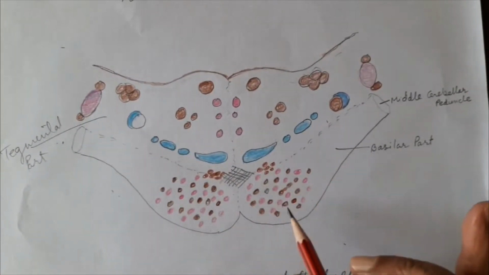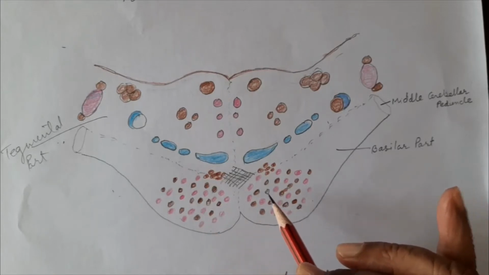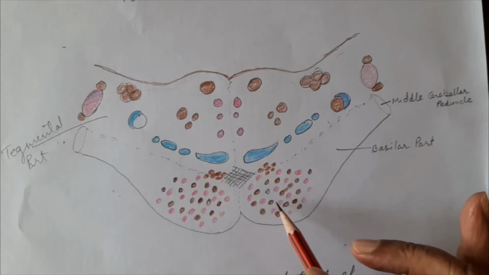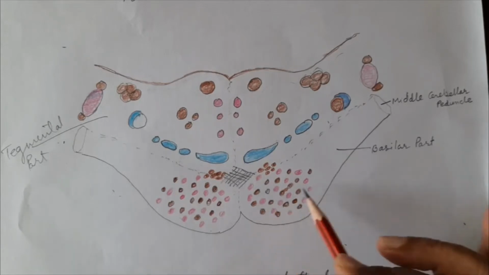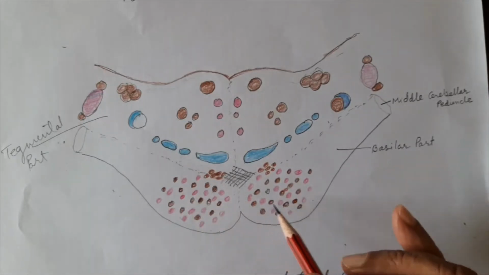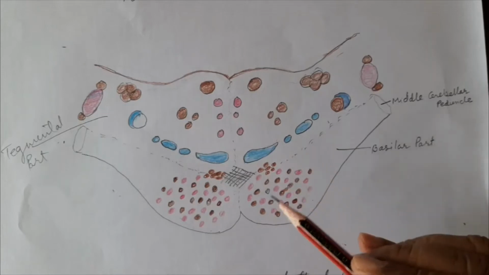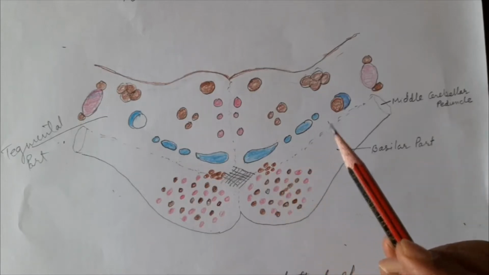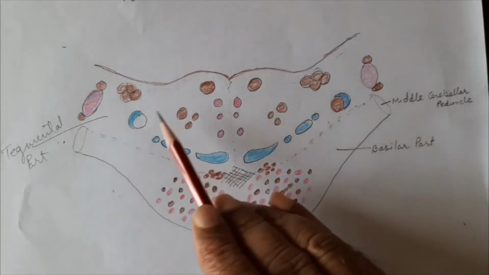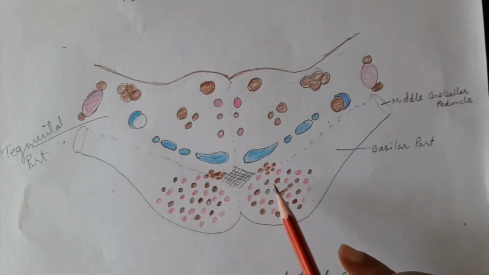We have already seen the structure of the fibers, that is the descending longitudinal fibers: corticospinal, corticopontine and corticonuclear fibers, and the arrangement of the pontine nucleus here. Now this is the video where I will tell you about the internal structure of the tegmental part only, because the basilar structure remains the same, which we have already covered.